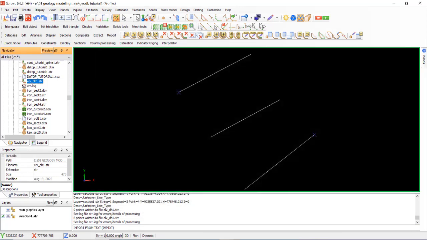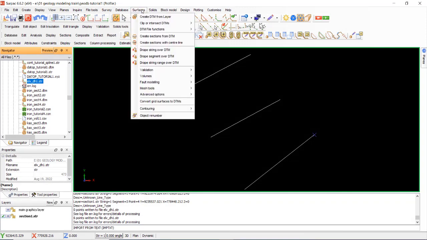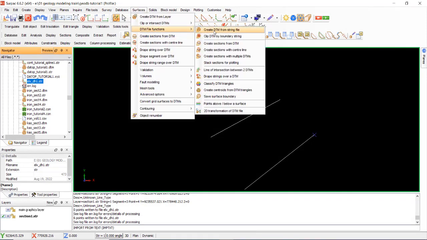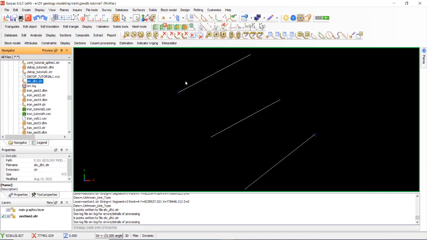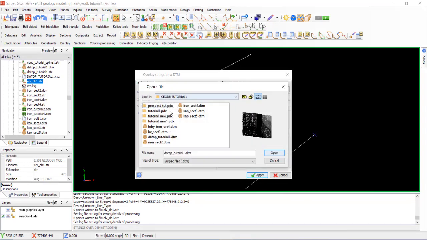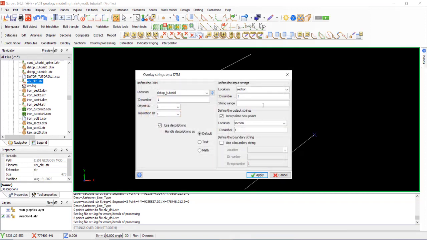Okay, we start draping. First, drape string over DTM, select desktop tutorial, open section. Okay, section must be exported, but section in drape to morphology must be checked.